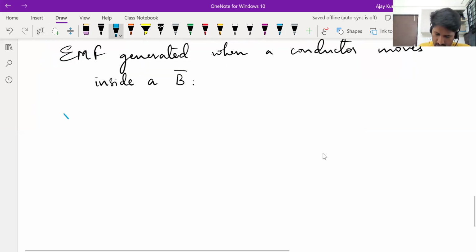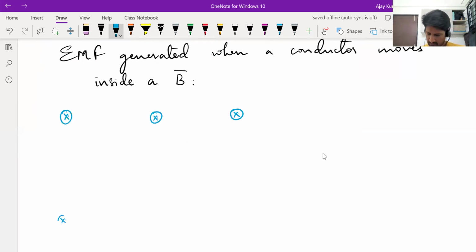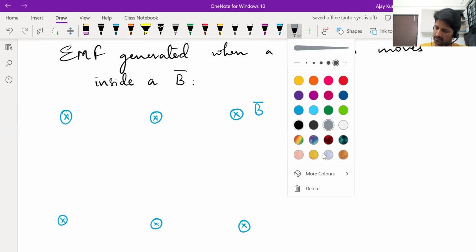Imagine there is a uniform magnetic field directed, as usual, into the plane of the screen. Conditions are very important. The formula we derive in one situation need not be applicable in another situation. So you need to understand the conditions that we took when we derived the formula. So let's say the magnetic field is this way into the screen, so it's in the k cap direction or the z direction. Fine. Now consider a conductor